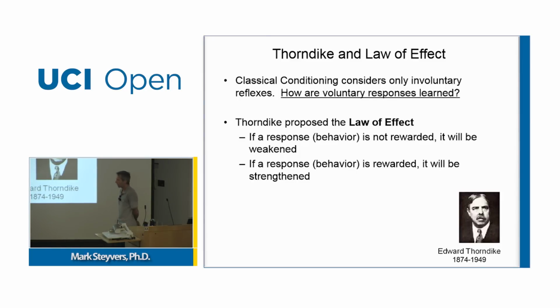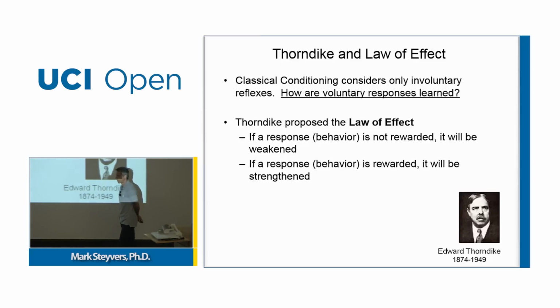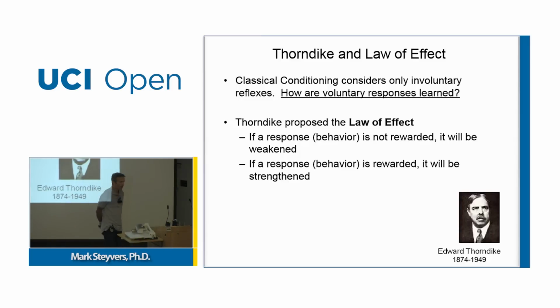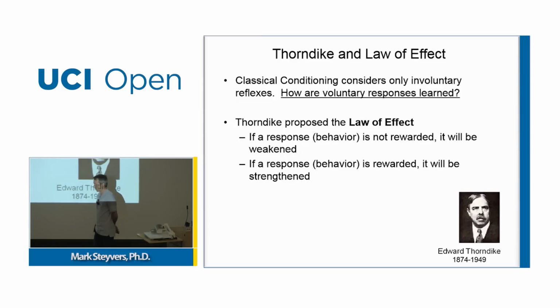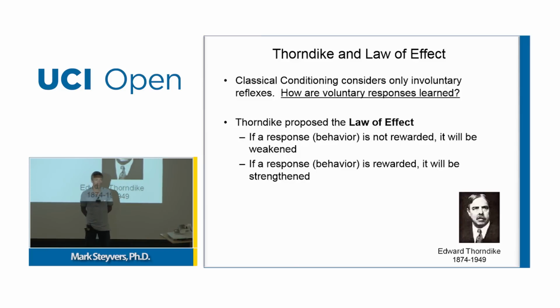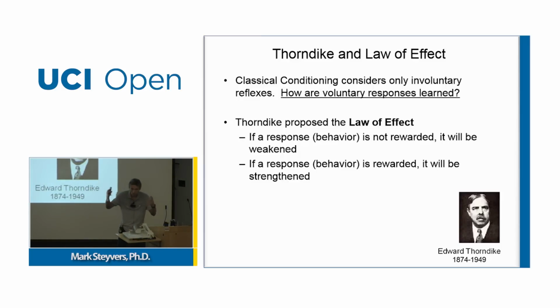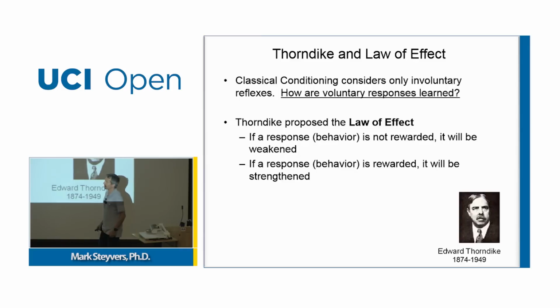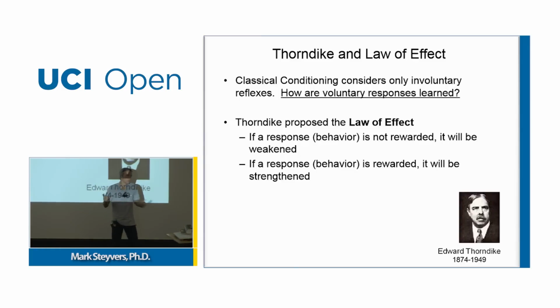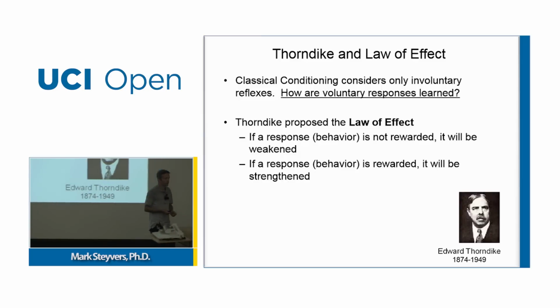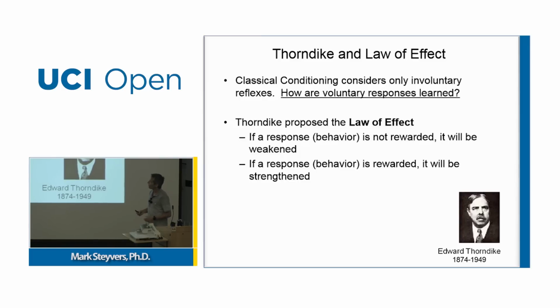So we talked in the classical conditioning paradigm a lot about involuntary reflexes. How can you learn to evoke a reflex such as an eye blink or a salivation response? And clearly classical conditioning shows some interesting learning there, but this can't be the full story of learning, right? So there's a lot of things we learn that don't involve any involuntary responses. So how do we learn about things that are more under our control?